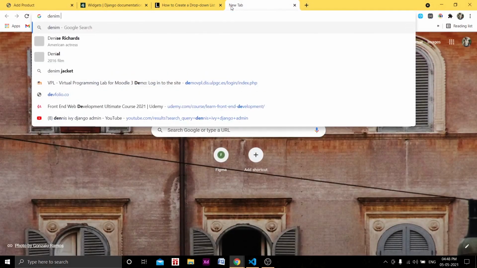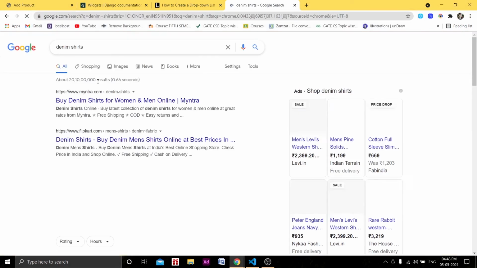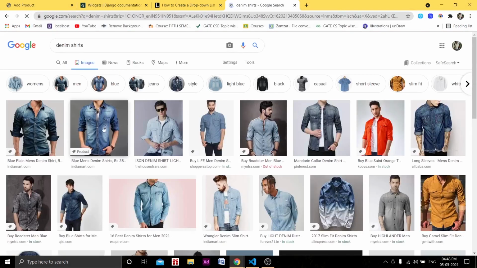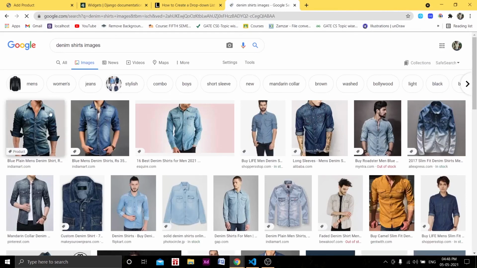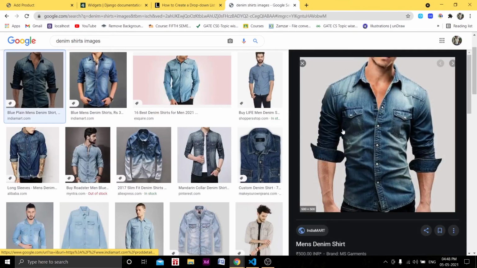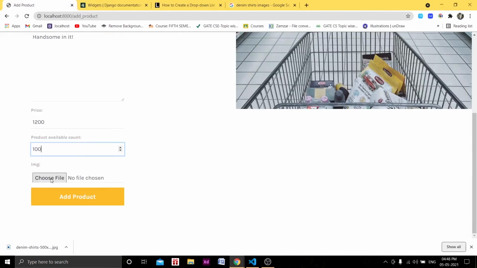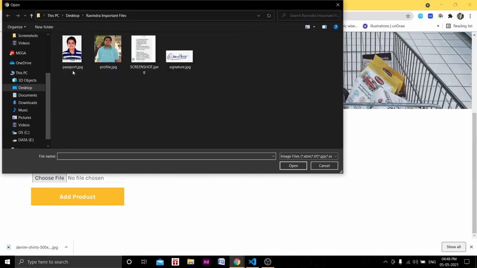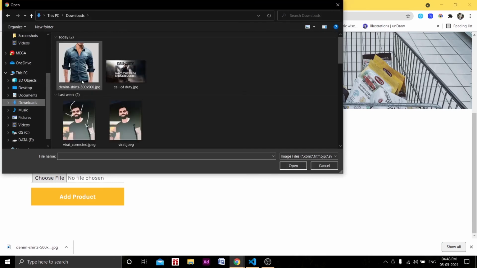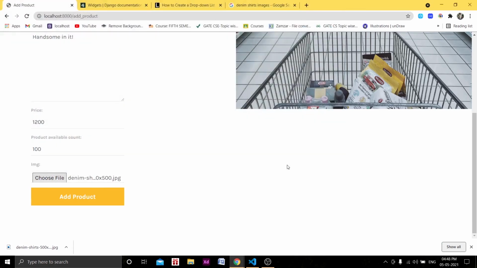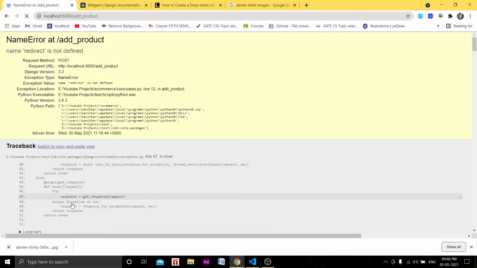So denim shirts, shirts images. Let's try to save this. Save image as, we need to choose the file. Now let's choose this from the download section. So the denim shirt was here, and when we click on add product, it should definitely add.